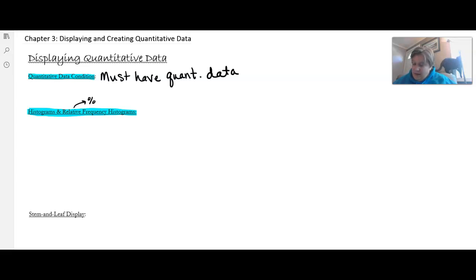Okay, so some things about a histogram. We're going to write some information on the left, and then we're going to actually draw some. So a histogram looks like a bar chart, but a big difference is that the bars are connected. Remember on a bar chart, I said they can't be connected. And what we're going to do is start off by placing our numbers